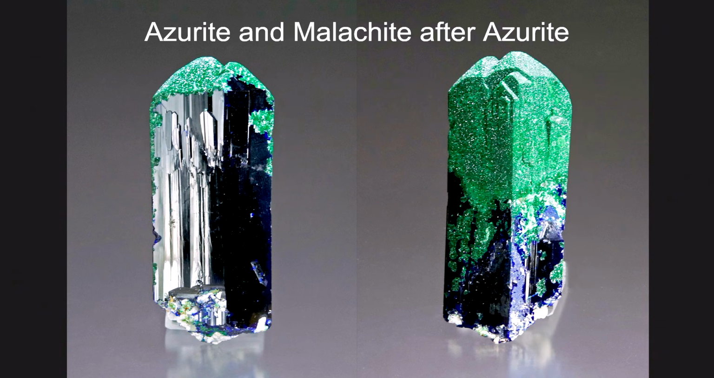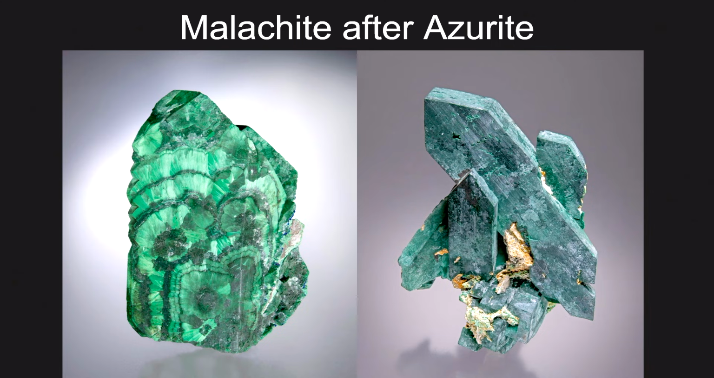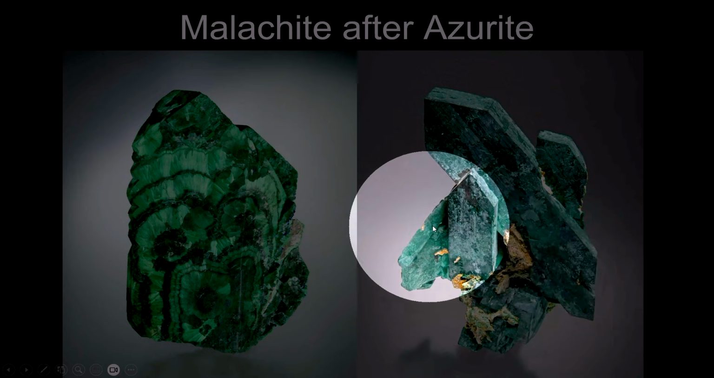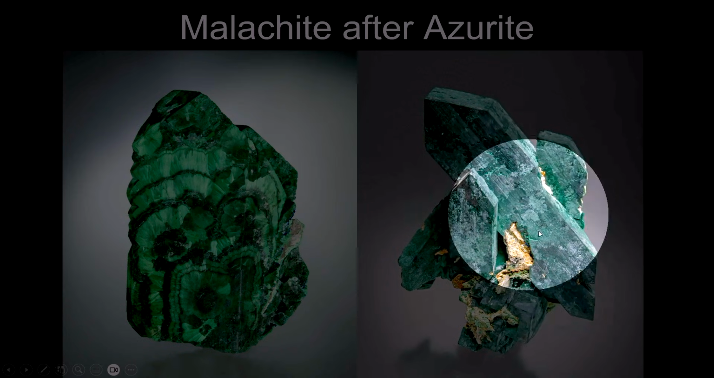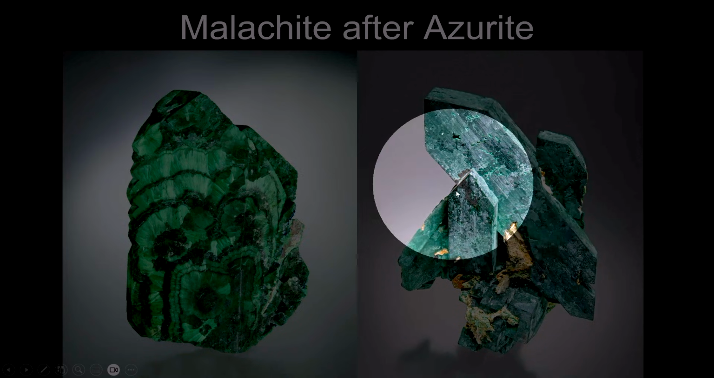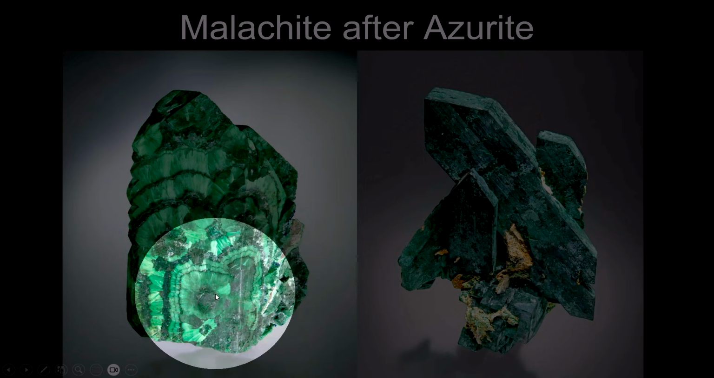And here are some examples of malachite after azurite pseudomorphs. Here's a lovely crystal where the top part has been pseudomorphed, but the azurite remains on the bottom part of the pseudomorph. Here we have 2 specimens where the entire specimen has been transformed from azurite to malachite. This one has a somewhat mottled and irregular surface, whereas this one has a very interesting pattern on the surface,